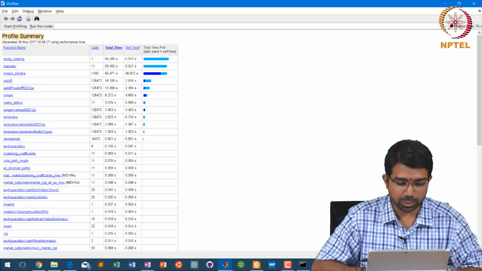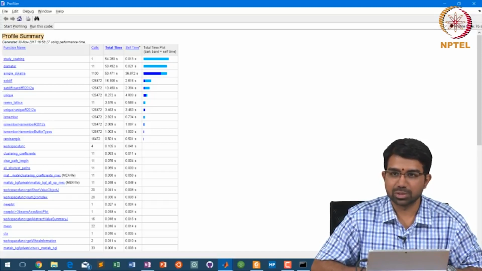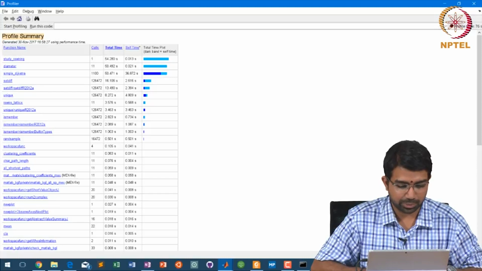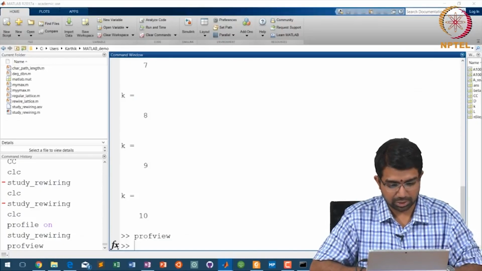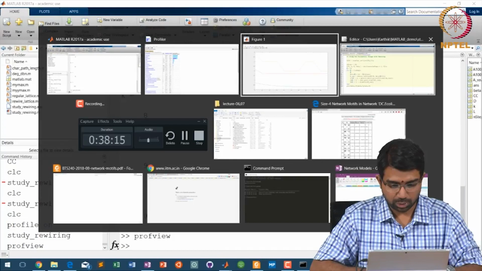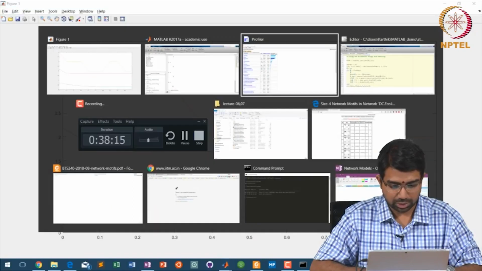And it almost spent no time in itself. Self time is 0.013 seconds. It spent a lot of time doing this code called simple Dijkstra, which is used for diameter. Right? That seems a little slow. For example, all shortest path seems even faster. So looks like this is the killer here. So what we can do is,